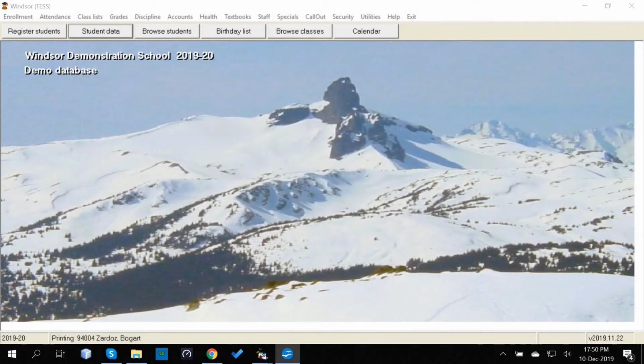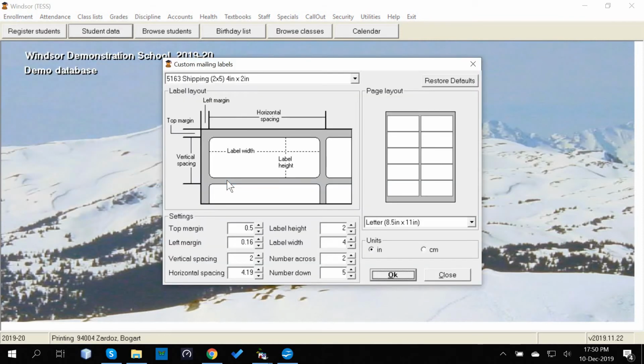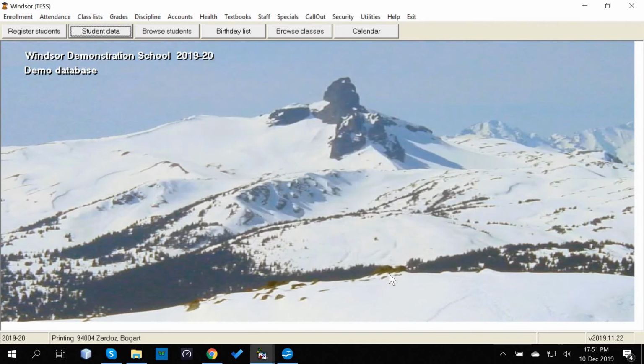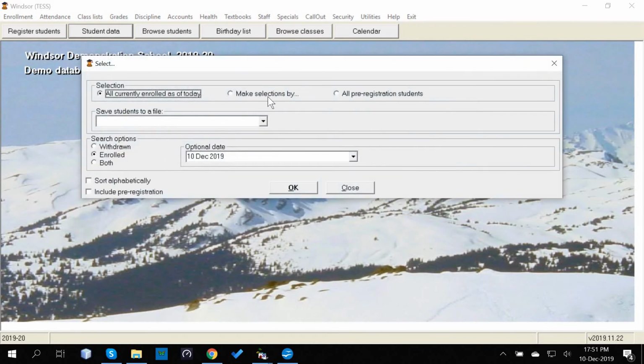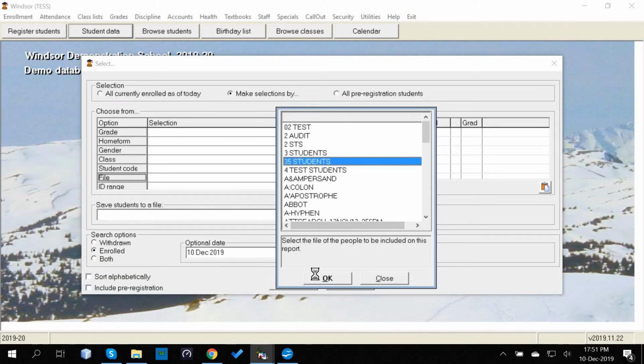Now I will show how to print labels with custom selected data. So we go to Enrollment, Mailing Labels and ID Cards, and choose Custom Student Labels. We select the label style. In this example, I'm using standard 4-inch by 2-inch shipping labels, and click OK. We select the students we want to print, click OK,